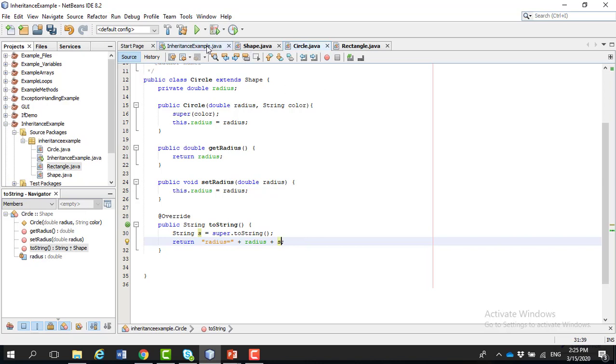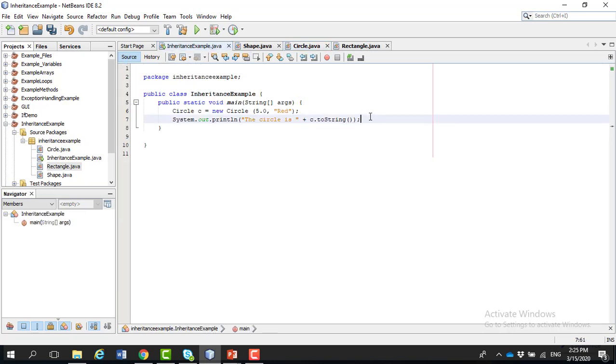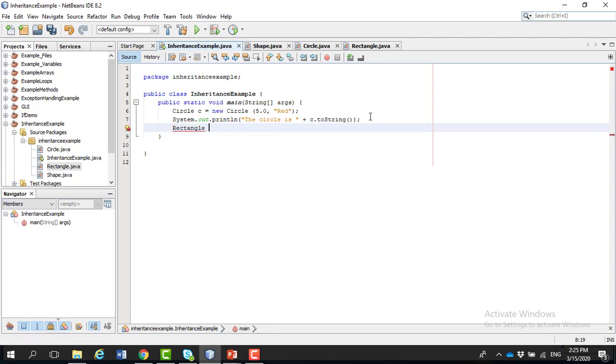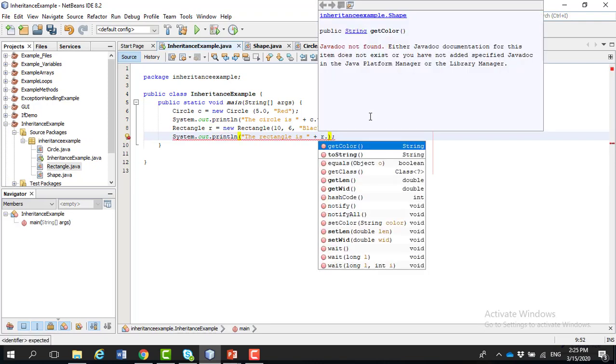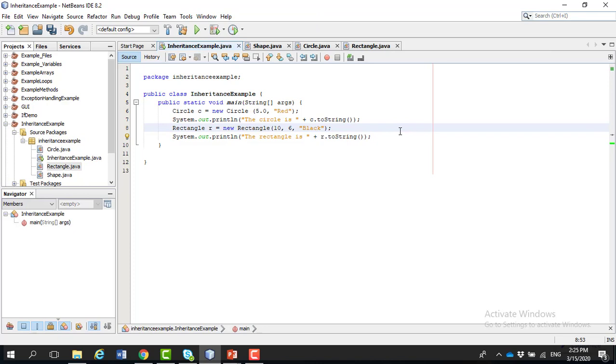Okay, so we are ready now to create a rectangle. So let's create a rectangle. Rectangle r is equal to new Rectangle, and let's give it a length 10, width let's say 6, and a color black. And let's display this rectangle. System.out, the rectangle is, and then plus r.toString. So let's run this program,